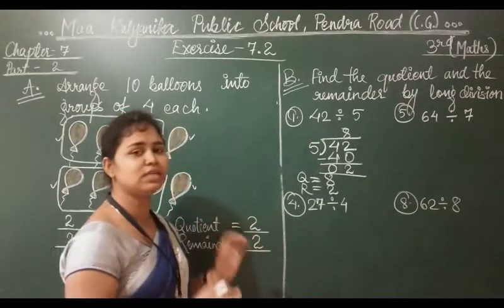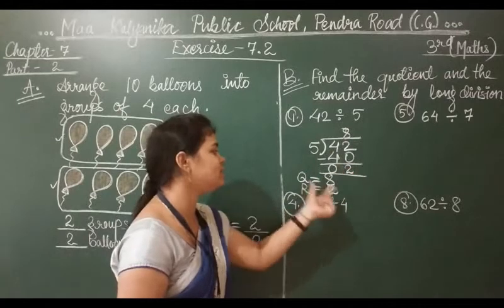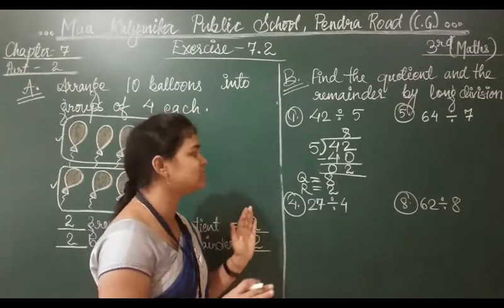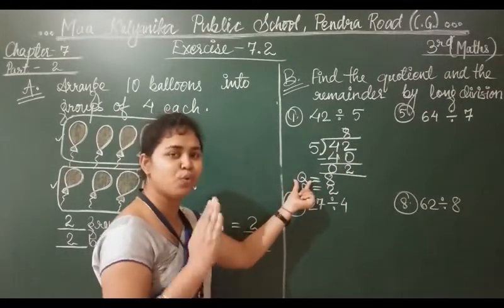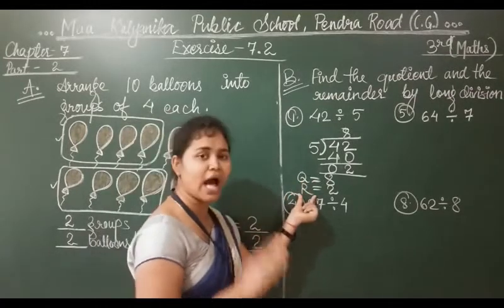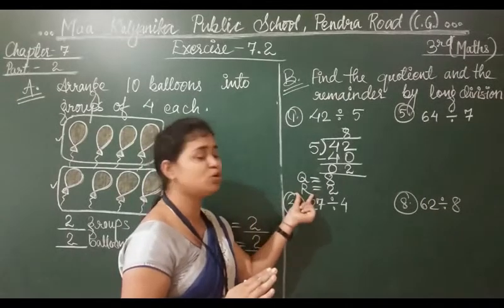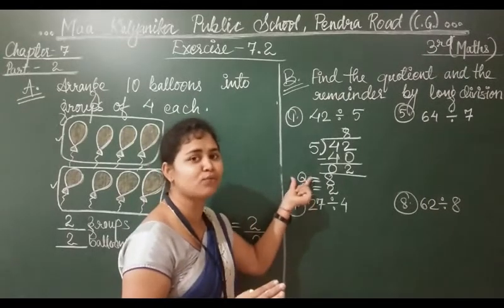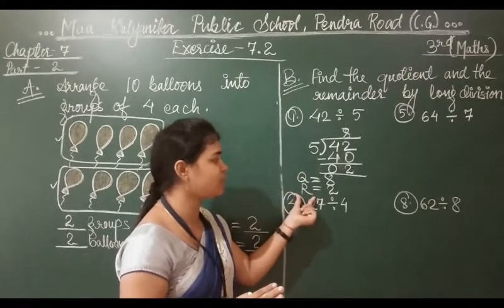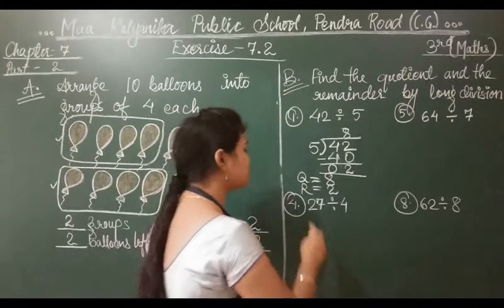So students, in this way you can simply divide and write the quotient and remainder by writing Q or R, or the complete spelling: quotient, and remainder. Please don't make mistakes in writing the spellings of quotient and remainder. In one place you can write the full word and for the rest you can put Q and R. Okay. So now moving to question number 4.